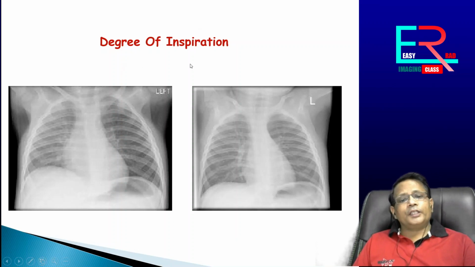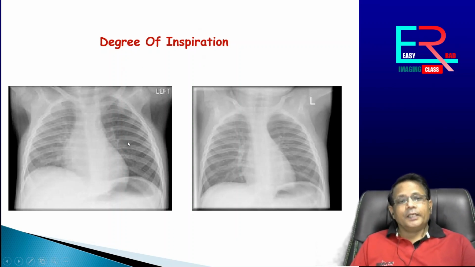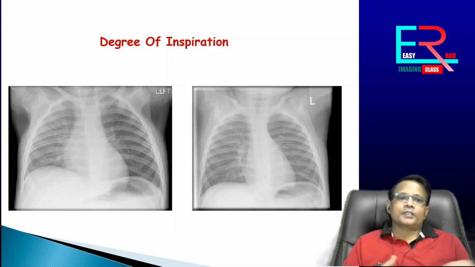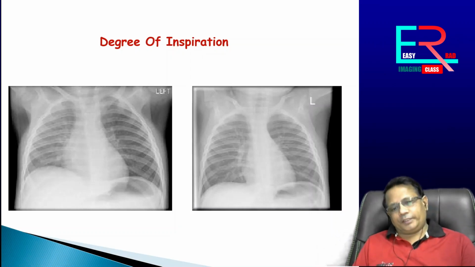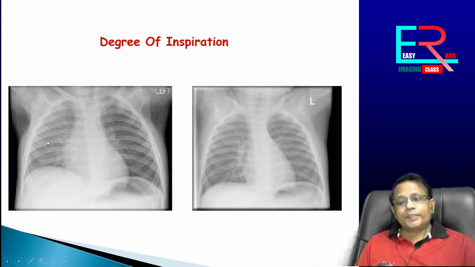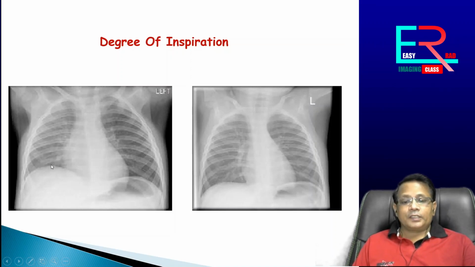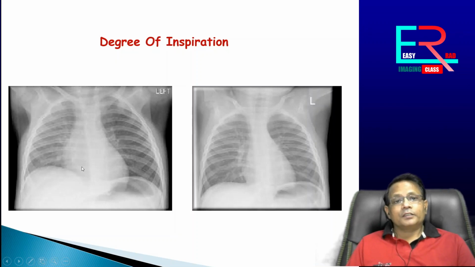We should also look for the degree of inspiration. Usually we get the chest X-ray in deep inspiration. That's why we ask the patient to take a deep breath in and hold it. But sometimes we may get an expiratory film like this, so there is a comparison between the expiratory and inspiratory film. Here the cardiophrenic angle is obscured by the dome. Here you can see this cardiophrenic angle very well. So sometimes we may miss basal lung abnormalities in case of an expiratory film. In case of an obese patient, or some habitus problems, we may get an expiratory film, and that will create some problems.